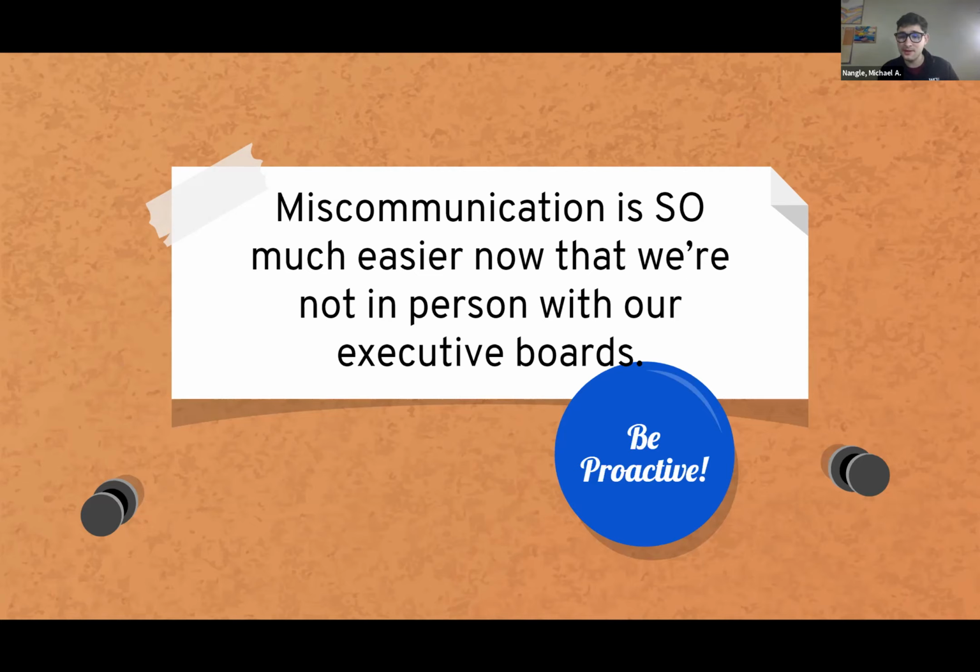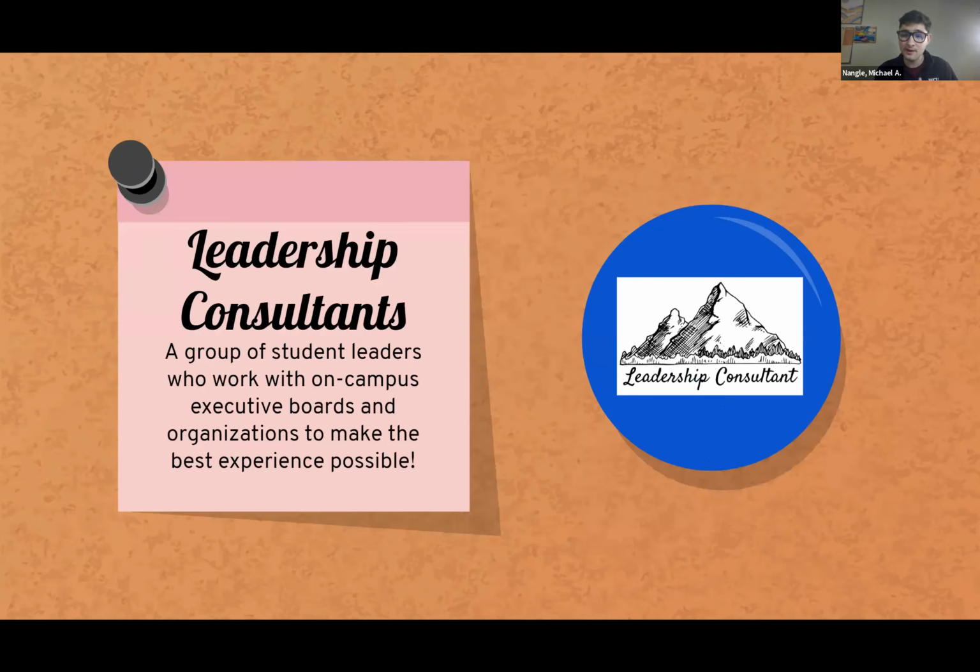Or if you're doing those textual based communications and it's just text, you never know if you're interpreting it the way that the person meant it. And my biggest advice here is just to be proactive. Make sure that you're having those confirmations about what people are getting done or what's supposed to be happening. Make sure that you're confronting issues before they grow from a molehill to a mountain. Miscommunication is going to be the root of most of the conflicts this year if there is a conflict in your executive board. And so being proactive about it and making sure that you're taking steps to avoid the miscommunication is super important.